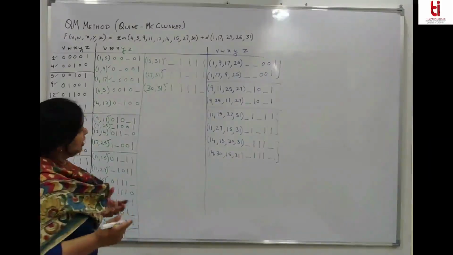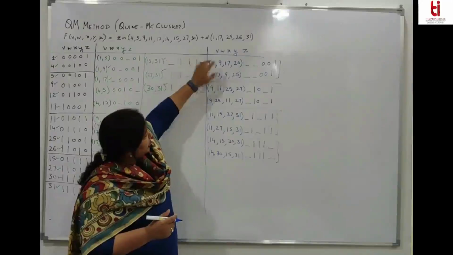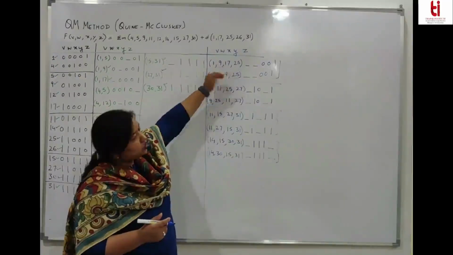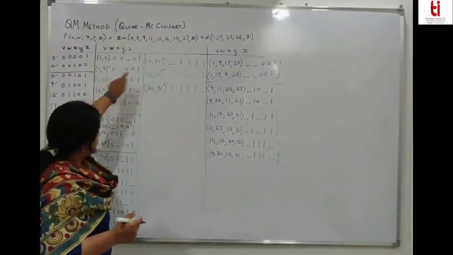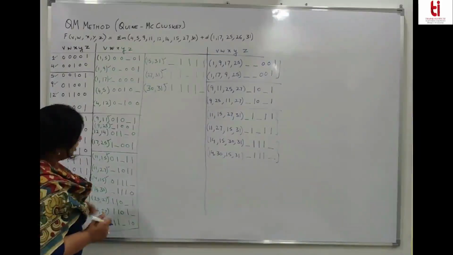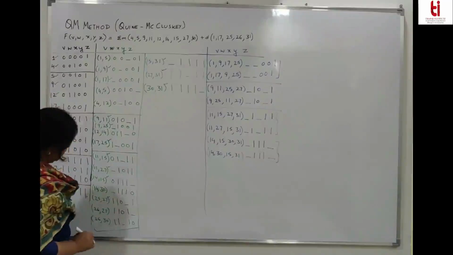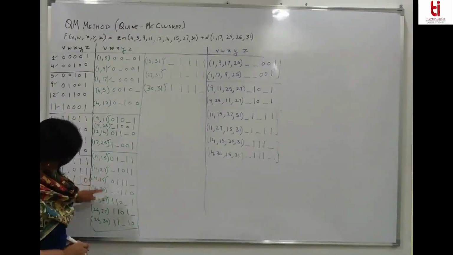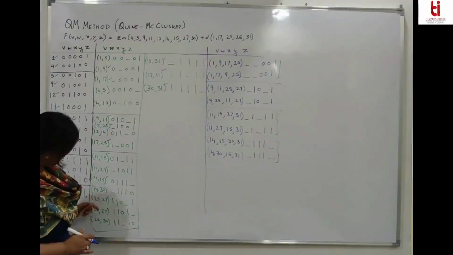ठीक है ना? So when you make a quad, you will get two terms, two quads, but they will have same min terms and don't care terms. So it will itself reduce to one only. But just to mark the pairs, you have to write both, so that all the pairs are marked. So 14 30 15 31. So this is marked, this is marked, this is marked. So they are already being used in quad. So we will not select them.